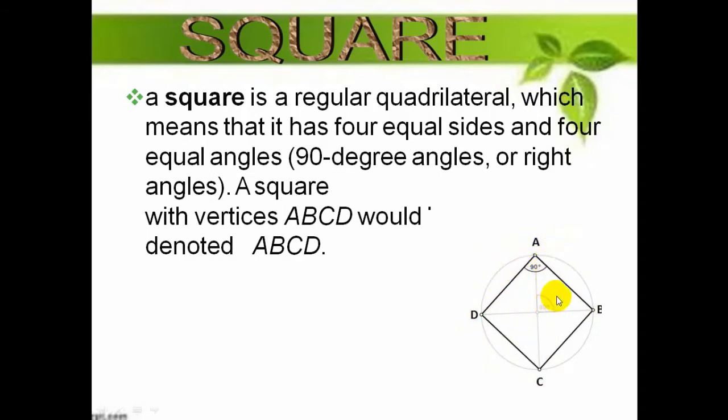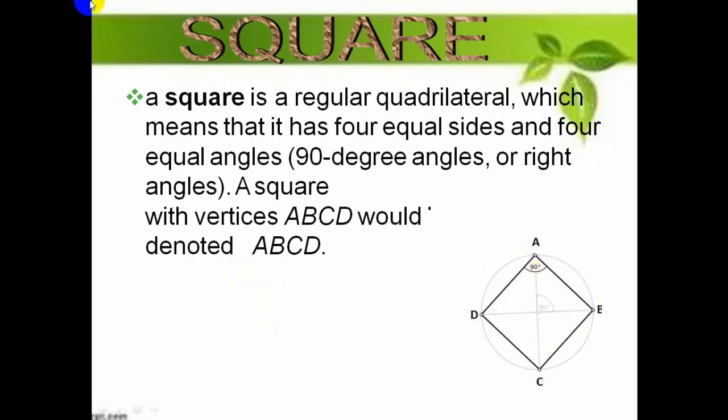How to construct? First of all, use the compass and put the compass at the center point for the circle, and then open the compass about some radius, like suppose this is the O, this is the center OE, and draw the circle. Then draw the two diameters for the circle, and then open the compass about the radius OA or OC and draw one arc. Similarly, draw another arc, and then join these arcs to each other. You will get a square shape.